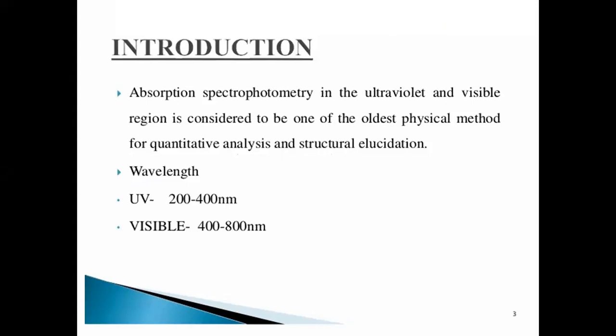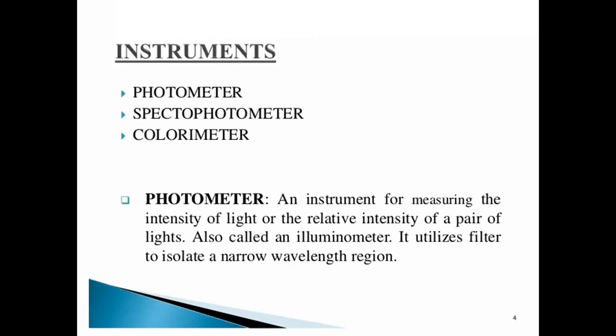Absorption spectrophotometry in the UV as well as the visible region is considered one of the oldest physical methods for quantitative as well as qualitative analysis. It is a part of absorption spectroscopy. The wavelength region of UV is 200 to 400 and the visible region is 400 to 800 nanometer. The main components involved in the instrumentation start from the radiation source up to the